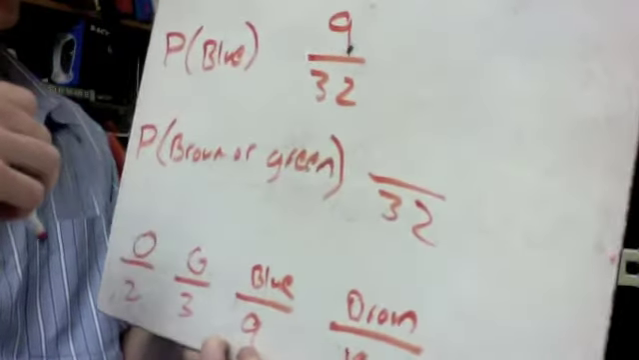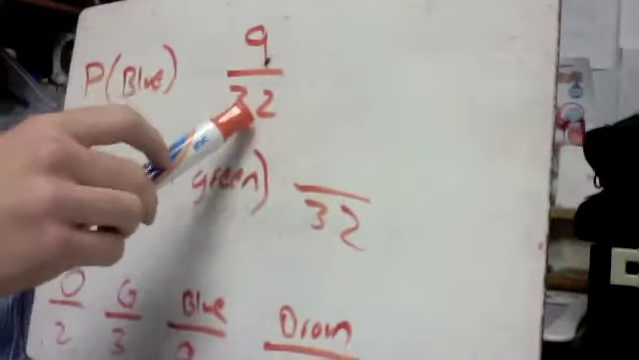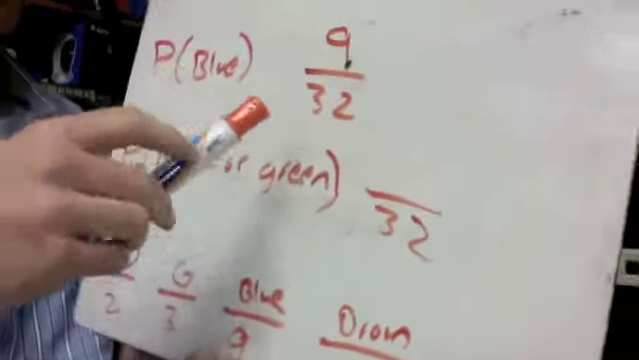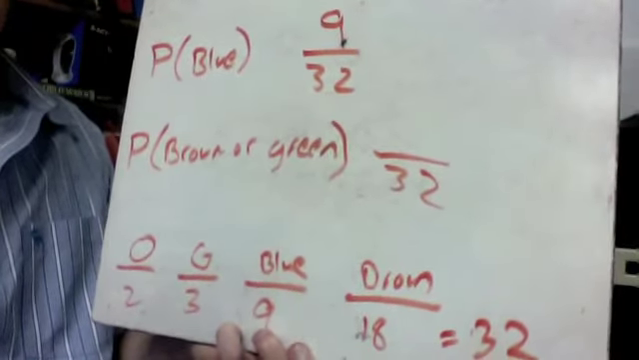I don't think there's anything that goes into both 9 and 32. 3 would be the only thing for 9, and I know 3 doesn't go into 32, so we would just keep it like this. We have a 9 in 32 chance of, if we picked a student at random, them